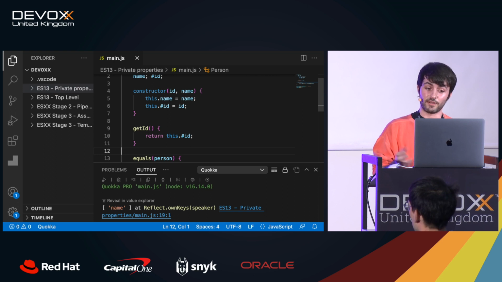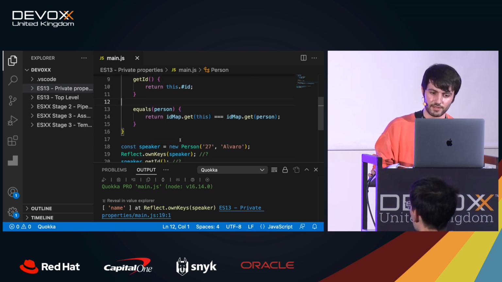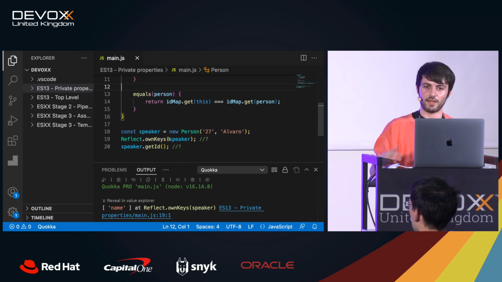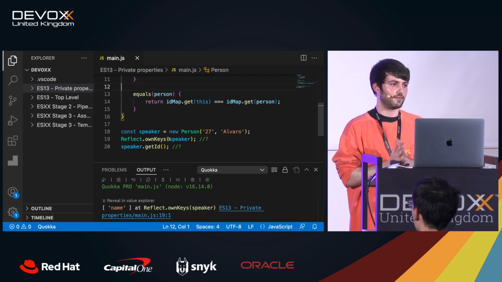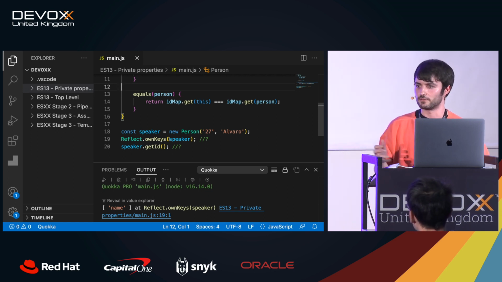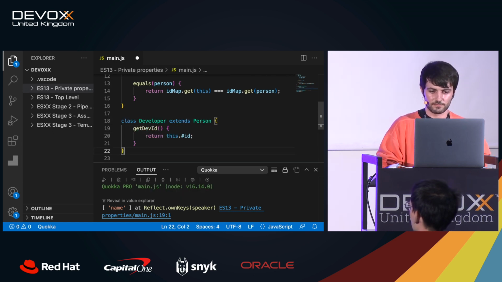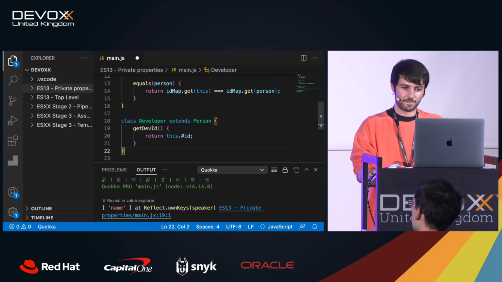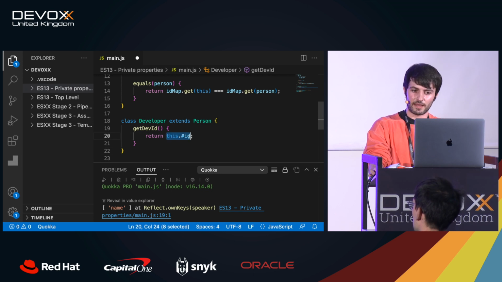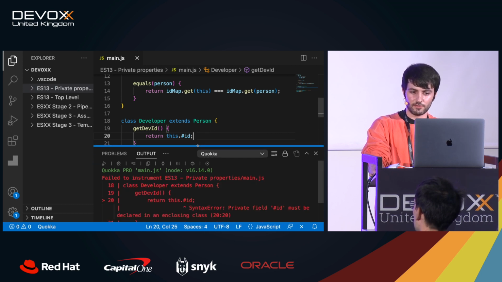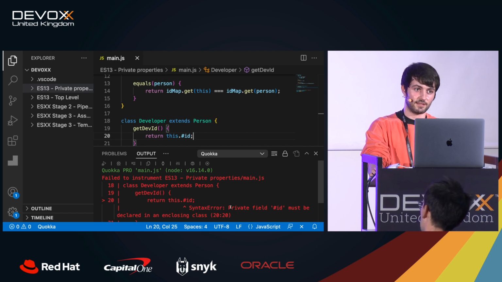As I said, there are a few caveats of this implementation as of today. For example, right now we have the class Person, right? Let's say that you want to create a class that extends Person, like we are in DevOps, so Developer, boom, right? As you can see here, I'm trying to access this private property in a class that extends Person. When I save, you will see that the private field cannot be accessed from classes that extend.